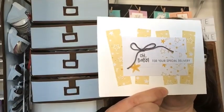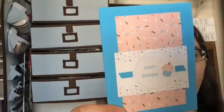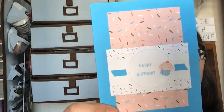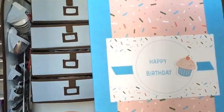I did a baby card with the wrapper in the kit and the stamps. So I did add some cardstock, some punches, and some basic tools to my cards and some ink from my stash. Here's going to be card number 2. You probably can't tell, but the cupcake and the cherry have some Wink of Stella on them, so I'll try to get some close-ups on my blog at